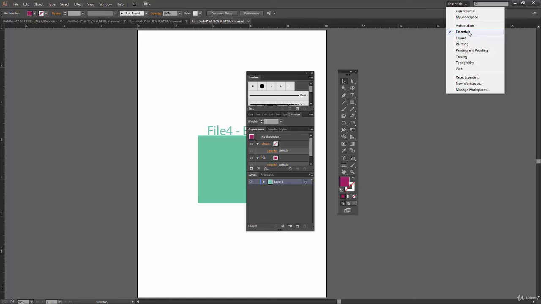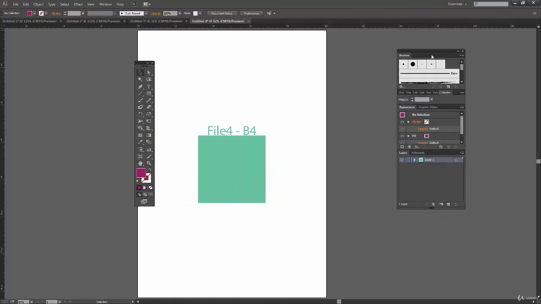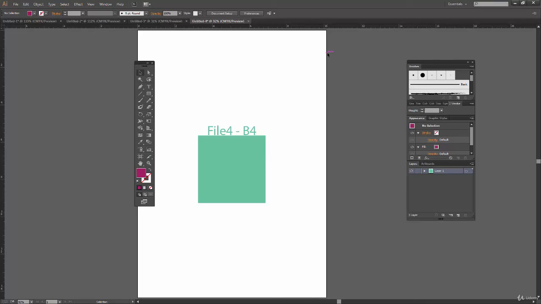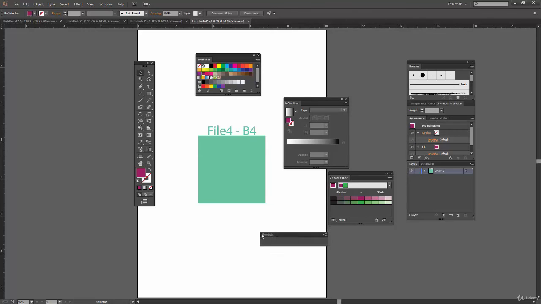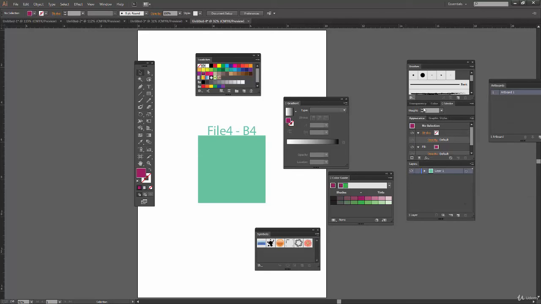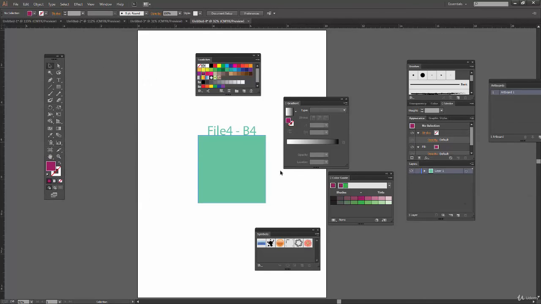That means my current workspace is Essentials, and the way I'm doing changes in it, it's being saved every time I'm doing something. I'm making some changes over here, so it is being saved. So let's say if I change all these things over here, all this comes under the workspace arrangement.